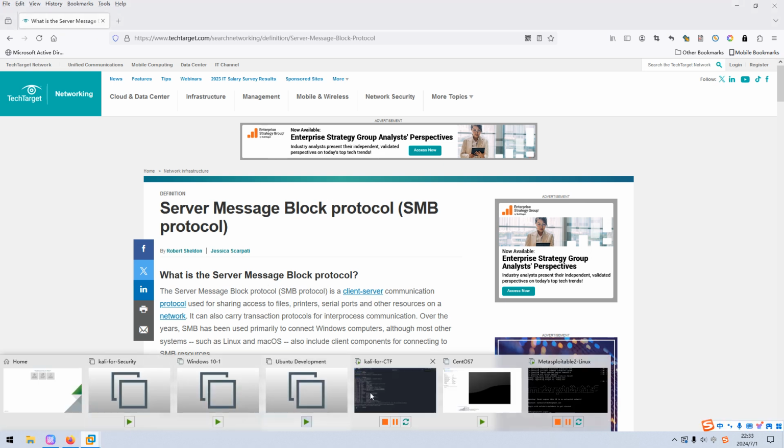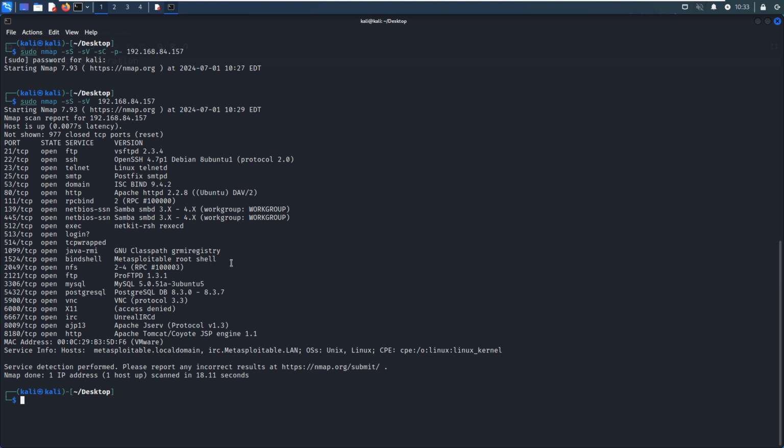Okay, so now we can switch into Kali. As you can see, I've already completed the Nmap scanning for the target, Metasploitable 2. Ports 139 and 445 are normally used by the Samba service. So what we are going to do next, the first utility I'd like to use to enumerate the SMB service